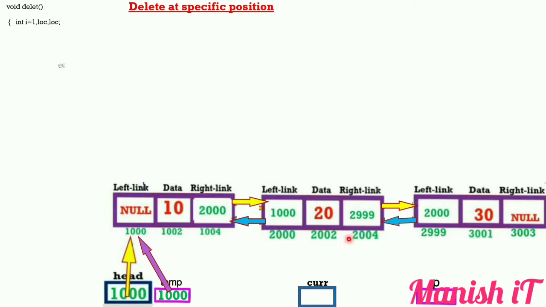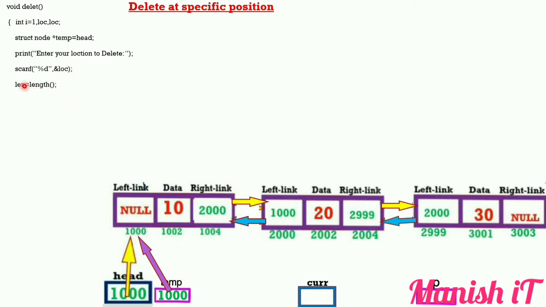So see, the delete function is called, and here location is nothing but the input. One is by mistake here, one is the length function len. So you correct here, and struct node type temp is stored here as head, so I already stored that and pointing here. Now simply give a message to the user: enter your location to delete. Suppose the user has entered 2, that value is read by the scanf function and stored in the location variable.